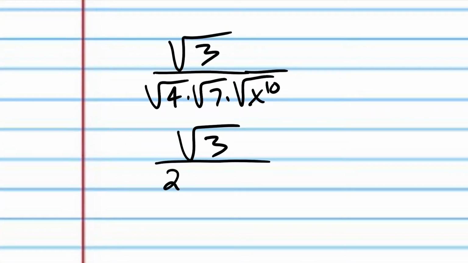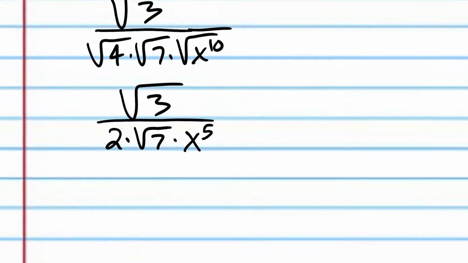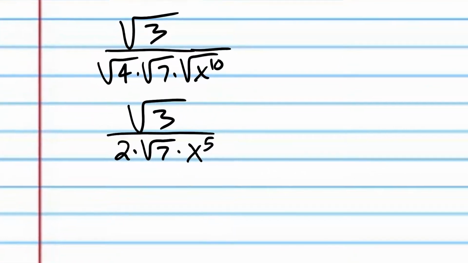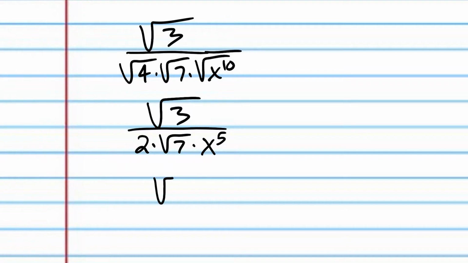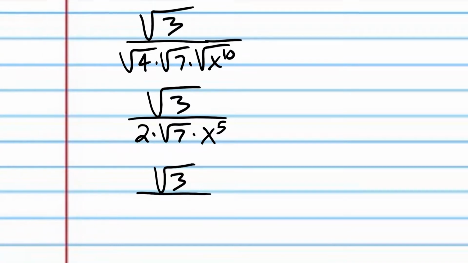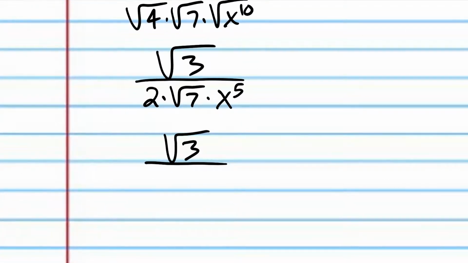And root 4 is 2. And root x to the 10th is x to the 5th. Remember, you just divide the powers by 2, if they're even. That's even, so we can divide it by 2. If they're odd, you have to factor out a perfect square. So now we have 2x to the 5th